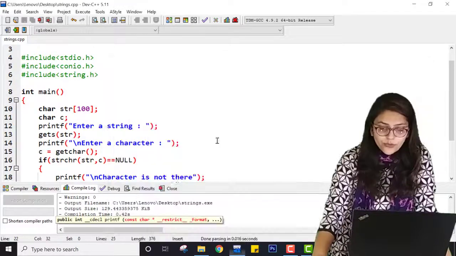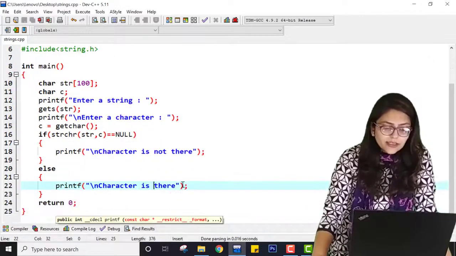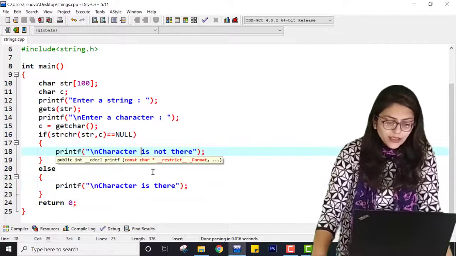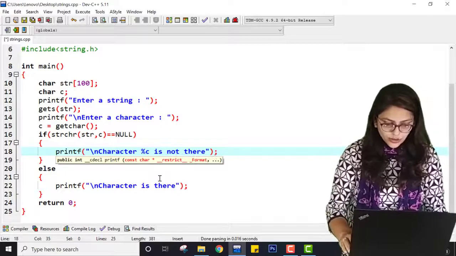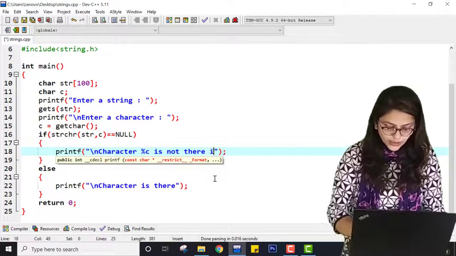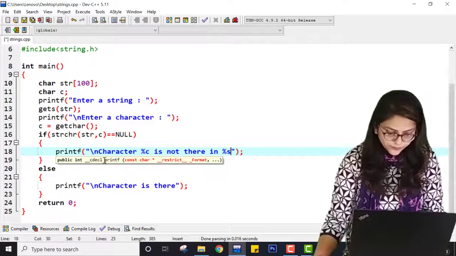So I can use this function to find a character inside my string. Also you can write the character %c is not there in %s.